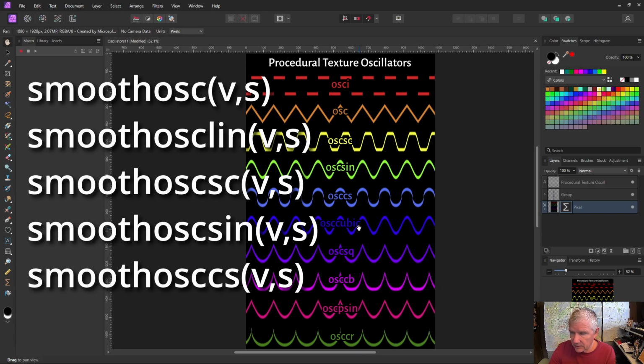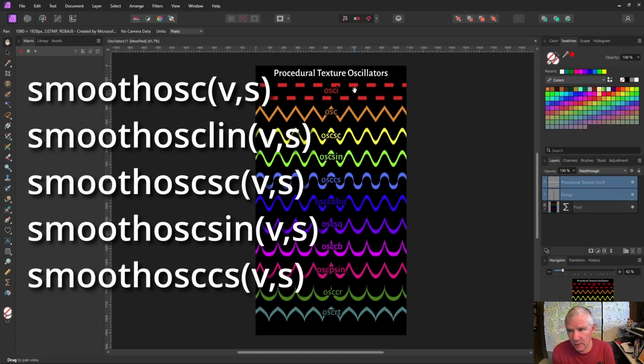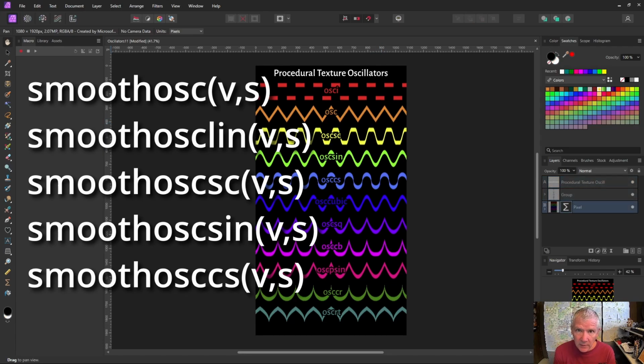the cubic function. An additional parameter is needed, and that parameter controls a flat space at the top and bottom of the oscillator. If the smoothing parameter is 0, you get a square oscillator. If the smoothing parameter is 1, it reverts to the original oscillator again, and in between 0 and 1, you get a flat surface on the top and bottom of the